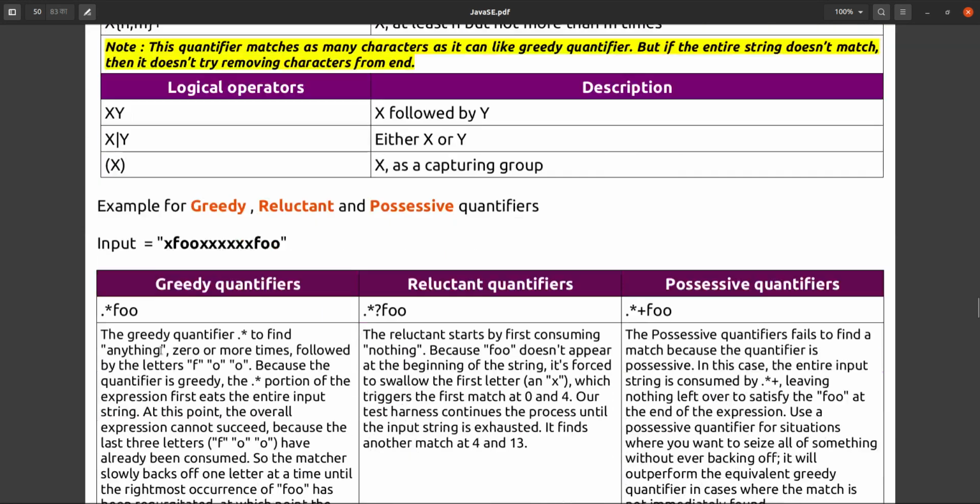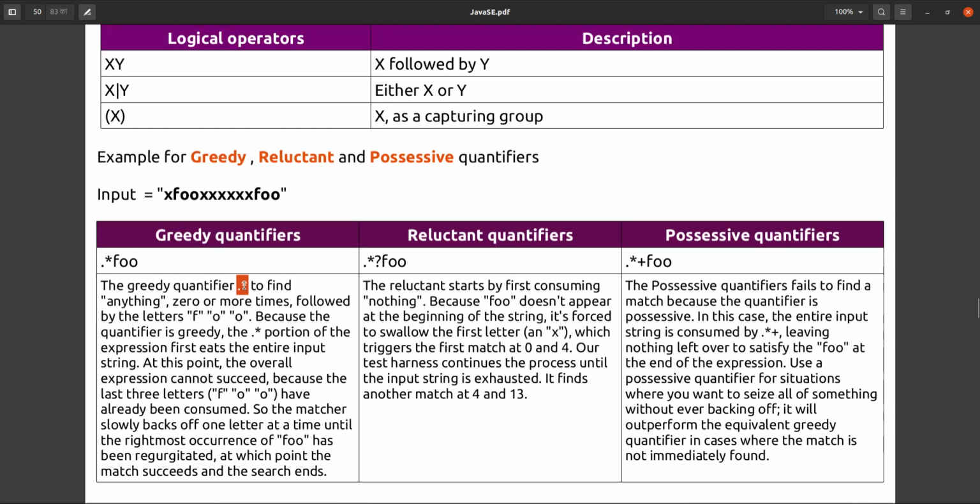In this case, this whole thing is the longest, because after x it can come anything, but here I am giving a star, so star can have anything, and the last part it is matching is foo only, because the greedy quantifier dot star finds anything. Star means anything, dot is also anything. So if it is x, that is also anything, then again foo, that is dot, also anything. So it will take that one.